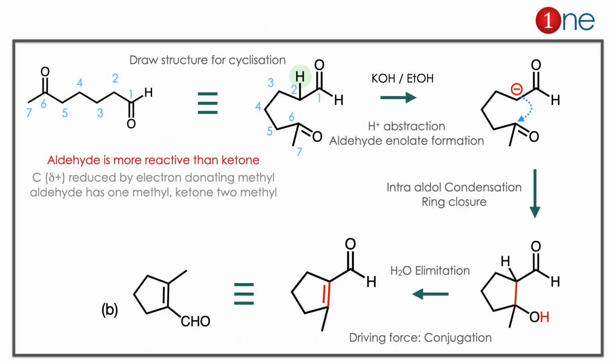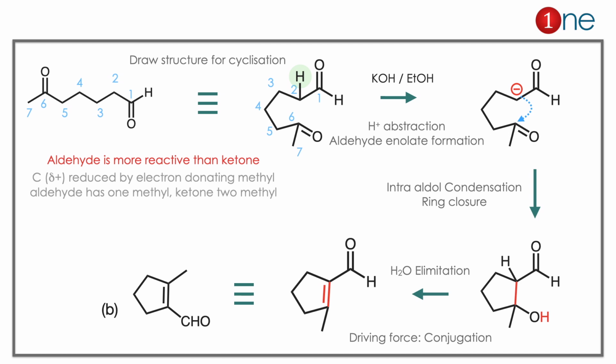The starting material is a linear chain containing an aldehyde and a ketone. When compared to ketone, aldehyde is more reactive because the reaction is all about nucleophilicity. In ketone, it has 2 methyl groups nearby. In aldehyde, 1 methyl and 1 hydrogen nearby. Methyl is an electron donor, so it reduces the positive charge. The aldehyde has only 1 methyl, so the positive charge is relatively higher there. So the enolate is formed on the aldehyde side. You are abstracting a proton from the aldehyde, so you have anion formation. You have an anion and a carbonyl inside the system.